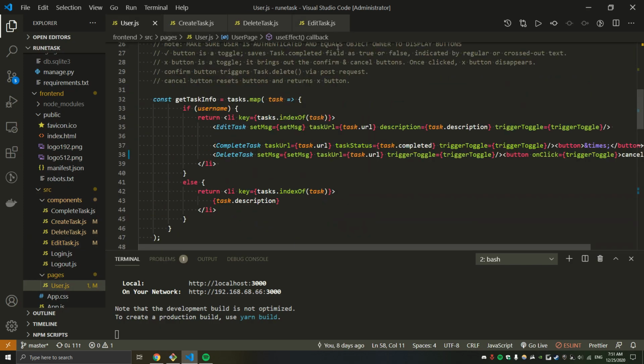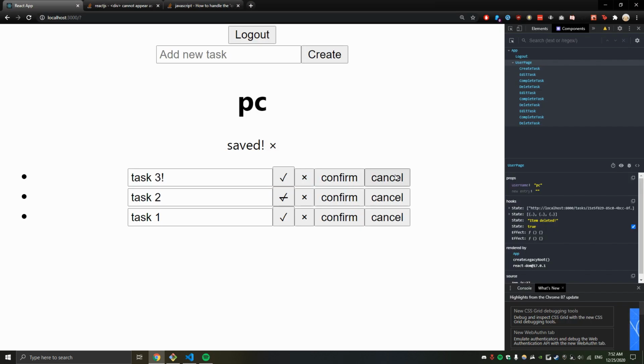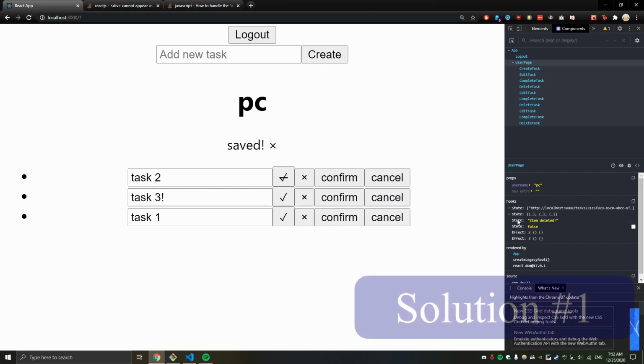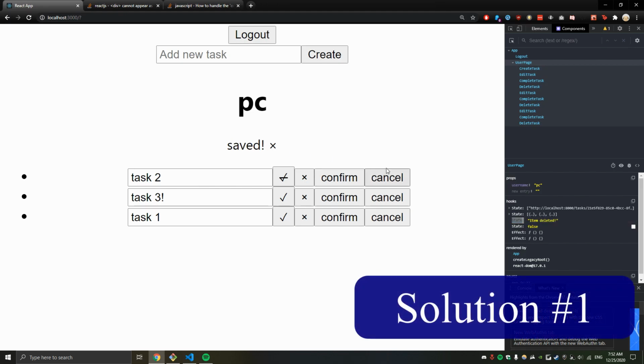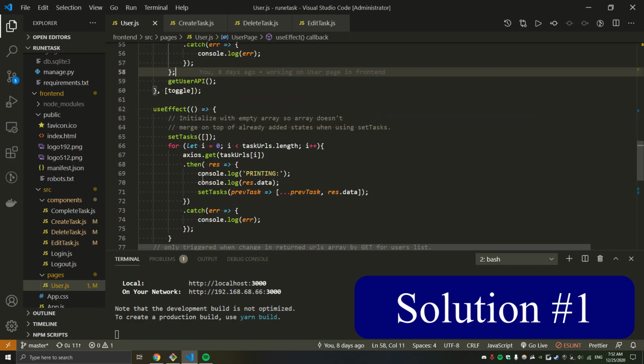Maybe I can trigger the message, and then trigger the toggle so that my refresh does kind of like a separate thing. But anyways, so I just found the bug